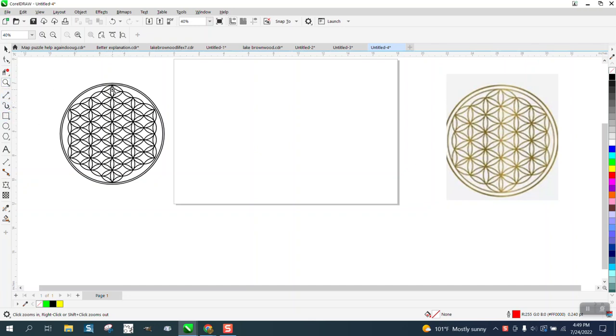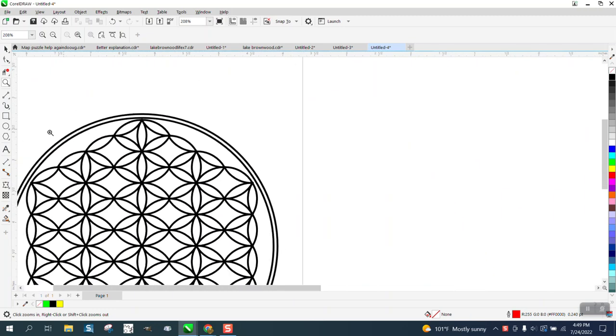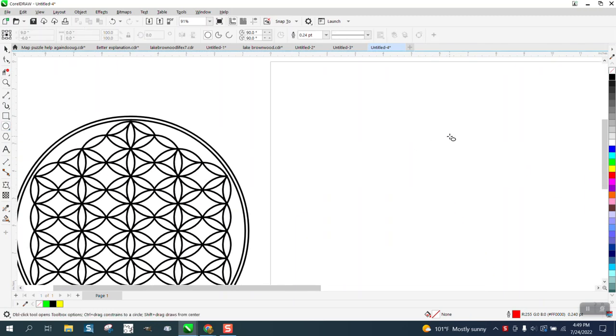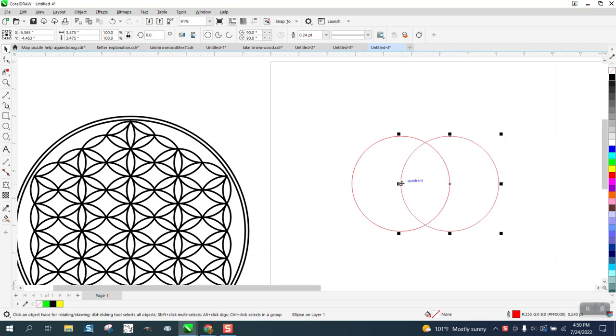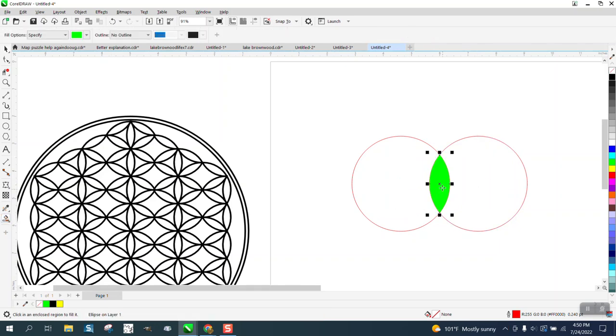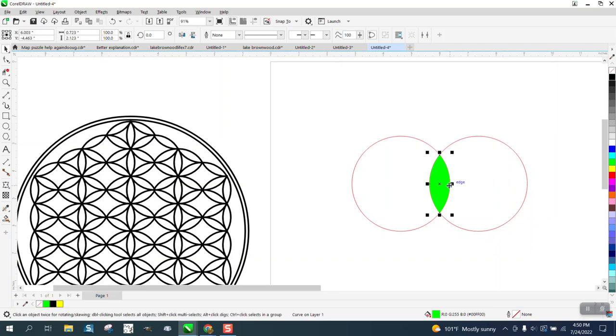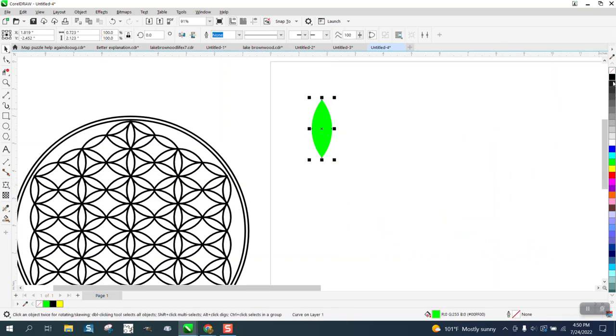So we need to make this shape. There are two ways you can make it. You can draw an ellipse, hold down the Control button, hit the plus key on the keyboard, and then move that ellipse over, and you don't even need to hold down the Control button anymore. Make it pretty skinny. Then you can fill that in, and you've basically made the shape of that one piece we need. We're going to left click for no fill, right click for the outline, and we're going to squeeze it